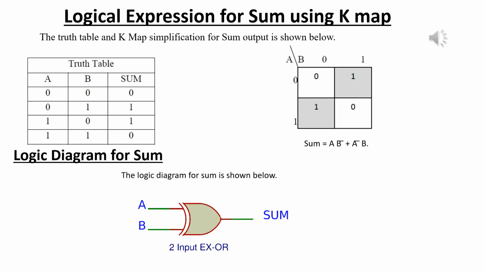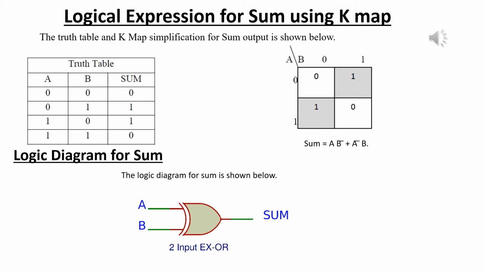Now we will obtain the logical expression for sum and carry using a K-map structure. Consider the truth table for the half-adder circuit. Here I have taken only the sum variable for deriving the logical expression. So we all know the structure of a two-variable K-map. It consists of two inputs. They are named A and B. So here these inputs can hold the values of 0 and 1.